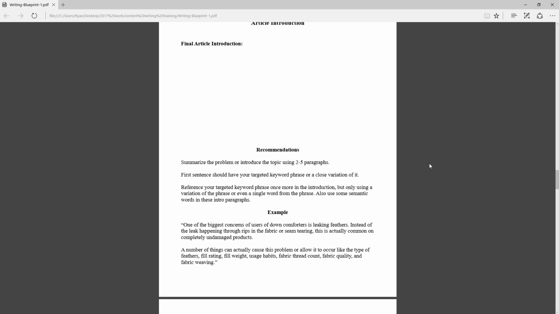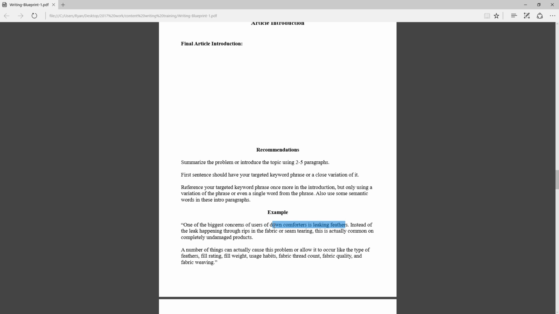In a lot of cases, it will be fairly similar to what the description and the summary have been, except now I'm looking to maybe give a little bit more detail and information about it. I also want to be sure that I am including my targeted keyword phrase. I also want to make sure I'm using variations in a number of different semantic phrases.